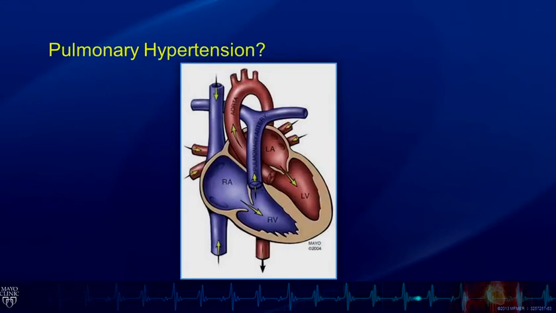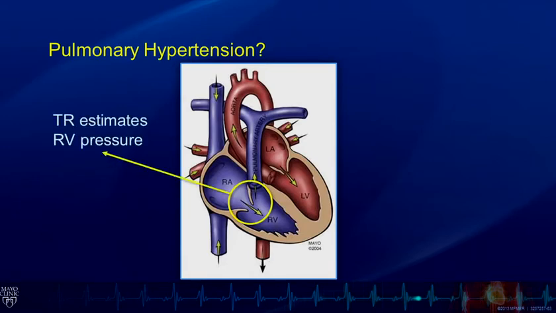In any patient, whether it's a ventricular septal defect patient, atrial septal defect, or other concern, we need to be very cautious before on echo we describe the patient as having pulmonary hypertension. Remember, we're looking at the tricuspid valve regurgitation velocity, and the tricuspid valve regurgitation velocity through the Bernoulli equation only estimates RV pressure. We assume that RV pressure is pulmonary artery pressure if there is no type of outflow tract